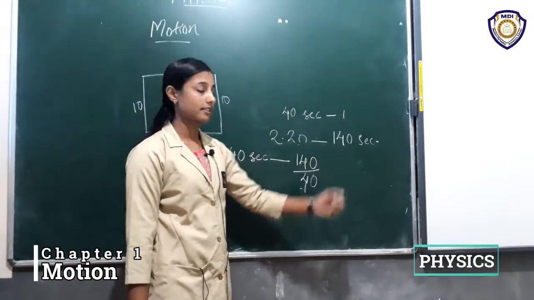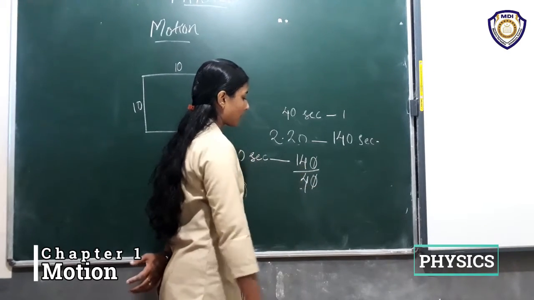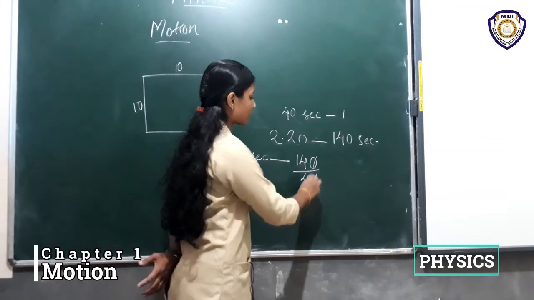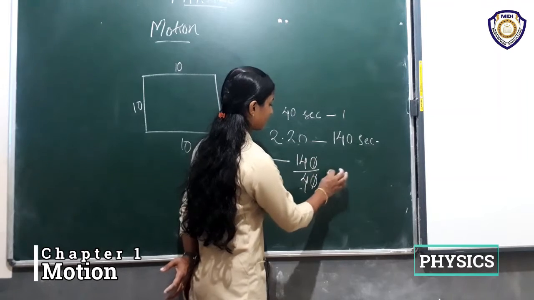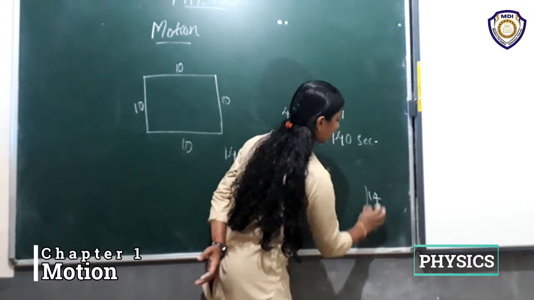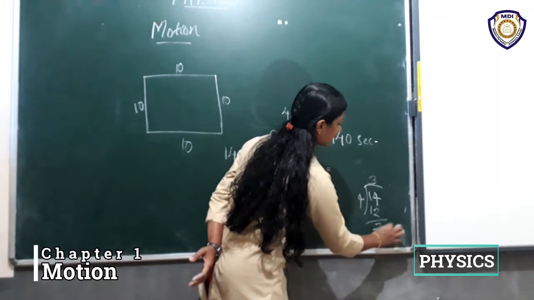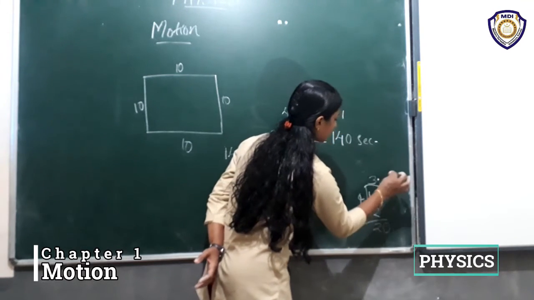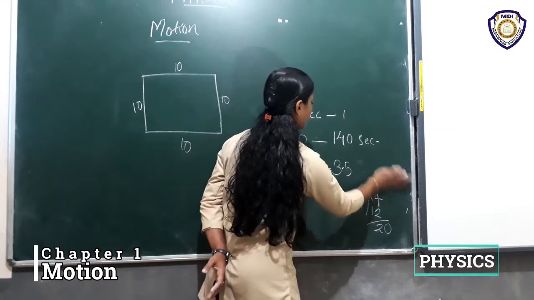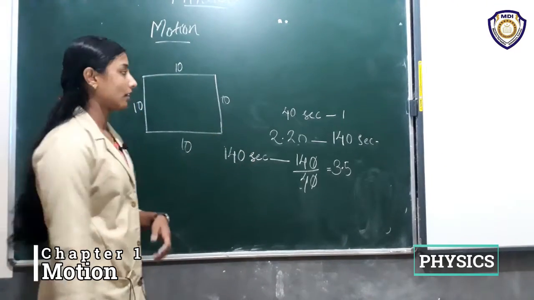It will give the position after 2 minutes 20 seconds. Okay, so what will be the answer? How many fours are in 40? 40 divided by 4, 3 fours are 12, right? Then 2 remains and 20, which means 3.5 rounds. So he covers 3.5 rounds after 140 seconds, right?